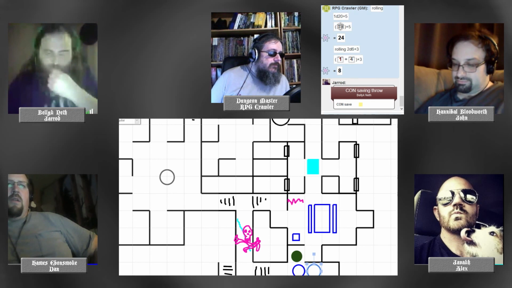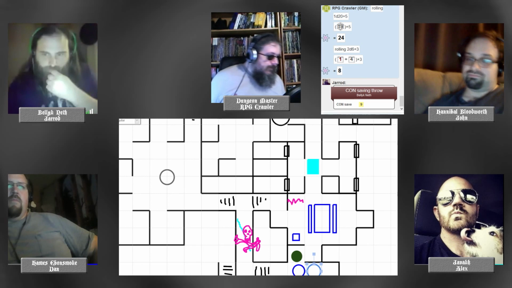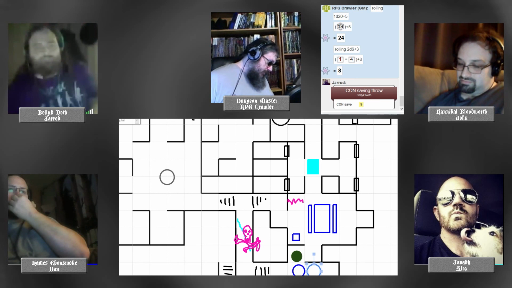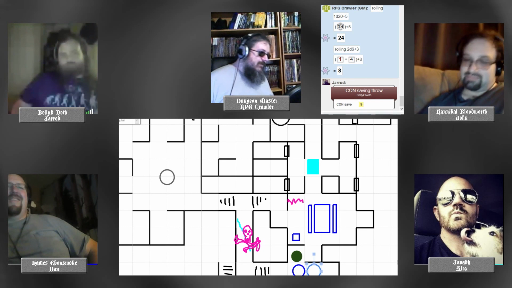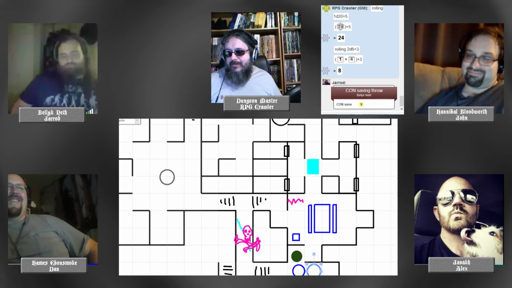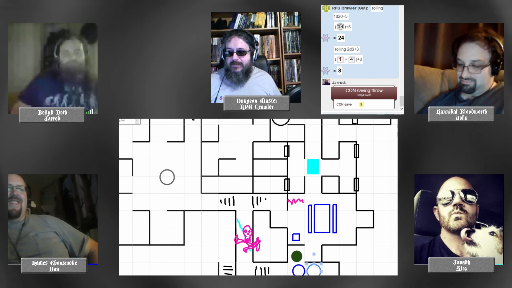Bellic kind of goes rigid and is paralyzed. Oh, damn it. Fantastic. That's what we need in the midst of a retreat. This is bad. And it's Bellic's turn. If you've got anything that can shake off that paralyzation, if not, you're kind of out of luck. Well, as a half elf,